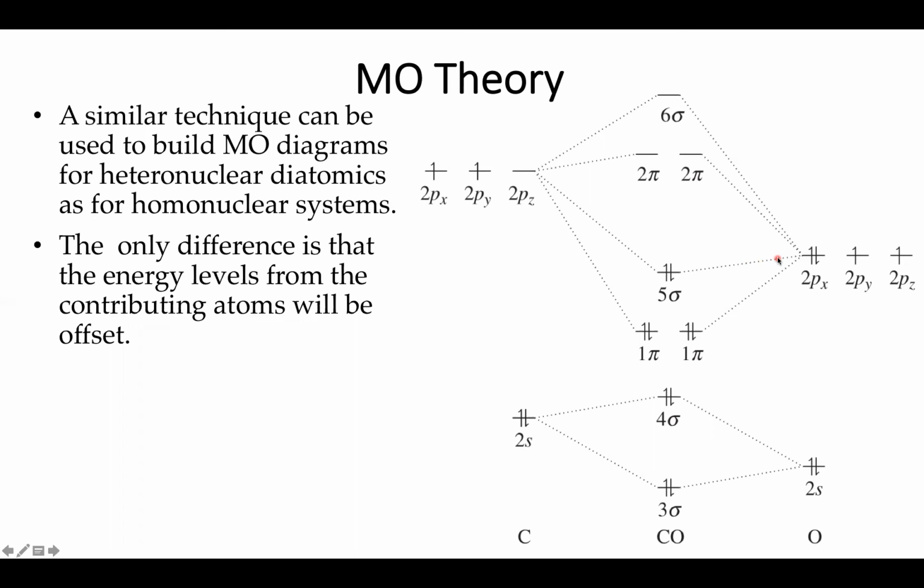And when we mix up our orbitals, that's exactly what we see. So for example, if I mix up my 2s orbitals from both systems, the 2s orbitals are still going to mix with each other. They're going to make a bonding and an anti-bonding orbital. And the bonding will go down about as much as the anti-bonding goes up. These 4 electrons will mix together and won't have a major effect in this case. However, when we're mixing together the p orbitals, that's a little different. Since the oxygen has such a low set of p orbitals and the carbon has such a high set of s orbitals, what ends up happening is we see that